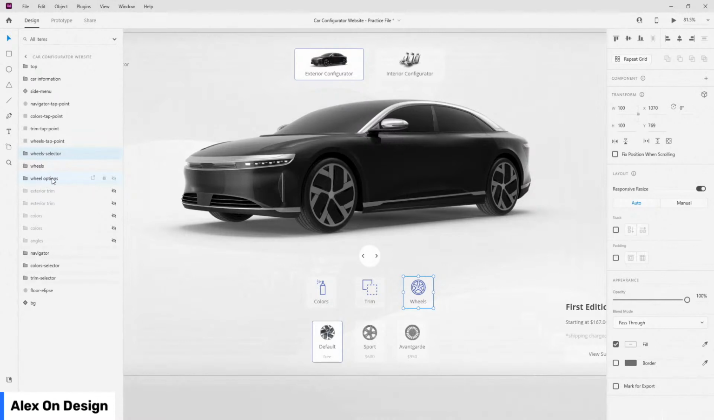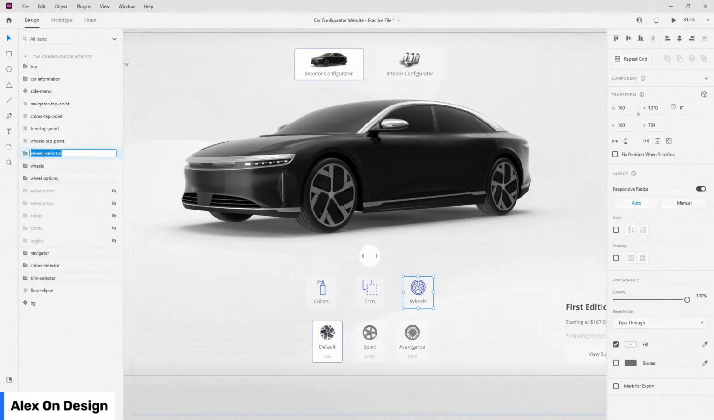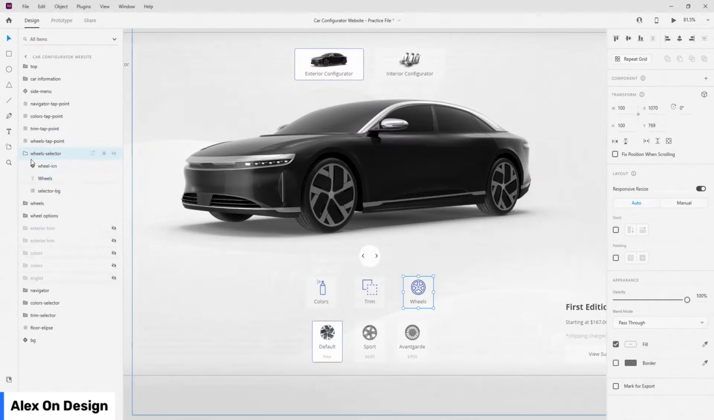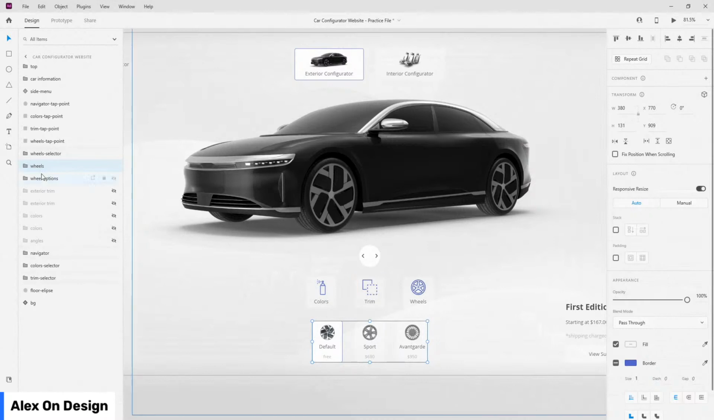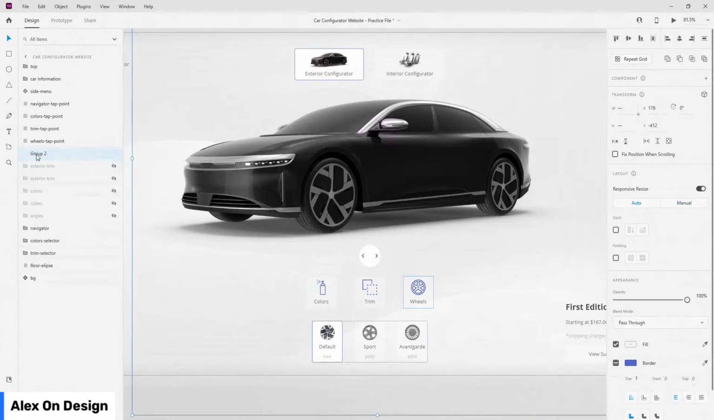that. And what I'm going to do is actually select all of them. Let's see. So we have, maybe we can even organize this a bit better. Let's call it like this. So selector. Oh no, let's keep it. I'm not going to bore you guys too much and confuse you. So I'm going to group all of these. So once again, wheel selector, which is this one, wheels, which are these three at the bottom, and wheel options, which are these images at the top. So you can see default, sport, and avant-garde look. So I'm going to group these three and call it wheels,